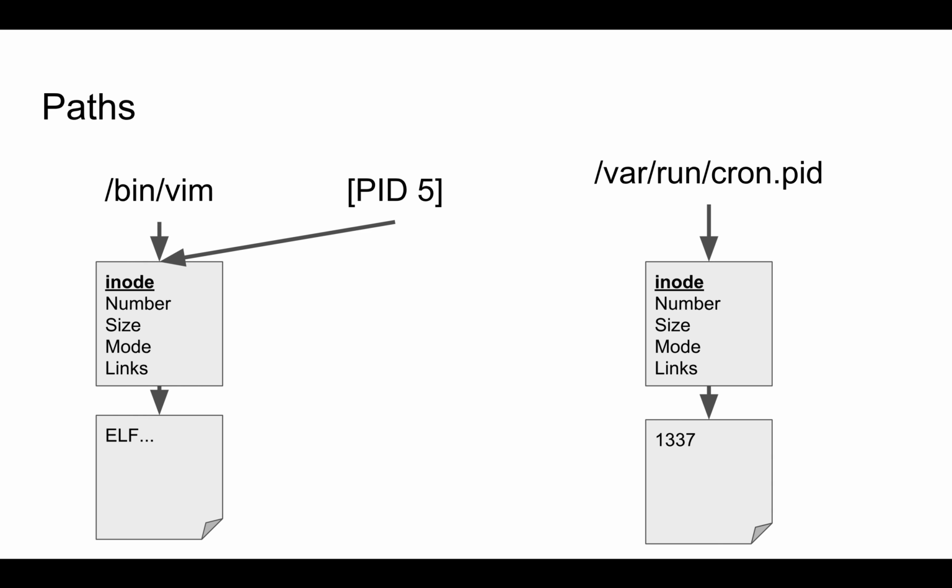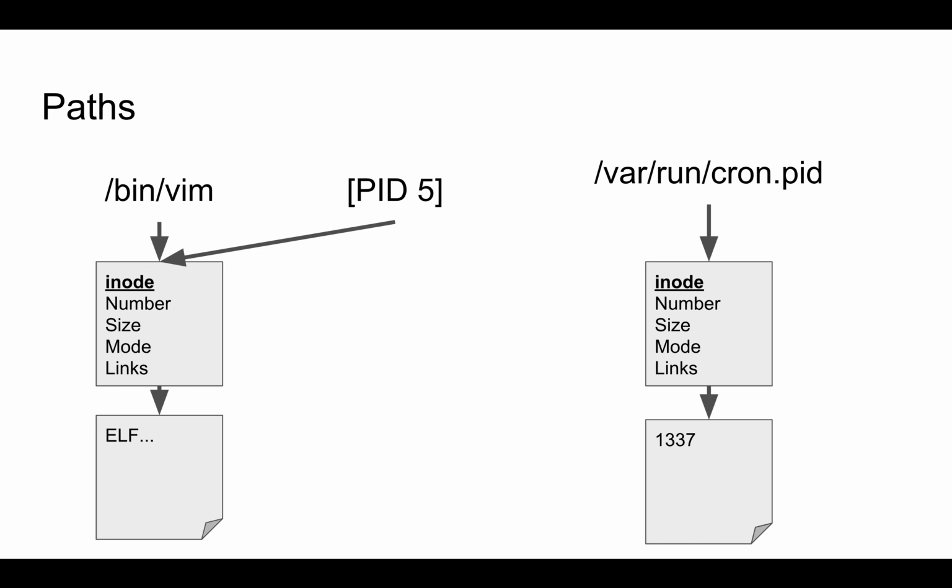So file names aren't the only things that can have references to inodes. When a process is running, it's going to need to open files. This is maybe a slightly weird example to give, but of course it happens all the time. PID5 here is a process that's this copy of Vim that's running. So every program that's running needs to have its actual binary file open so it can read the machine code that it's going to